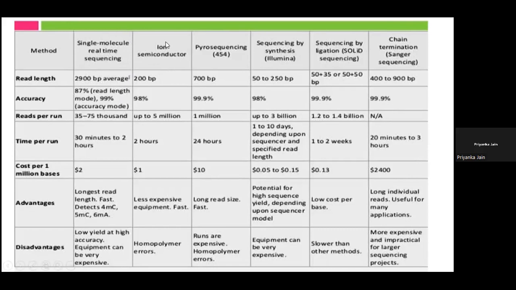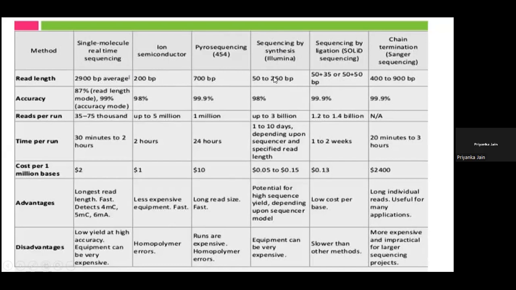long reads. If you see the read length in single molecule real-time sequencing, 2900 base pairs is the average size of a read, while in ion semiconductor based it is 200 base pairs. Similarly, if we compare it with the pyrosequencing of Roche, which was old, it had a size of 700 base pairs. Then the sequencing by synthesis, which is done by the short read sequencer of Illumina, this chemistry